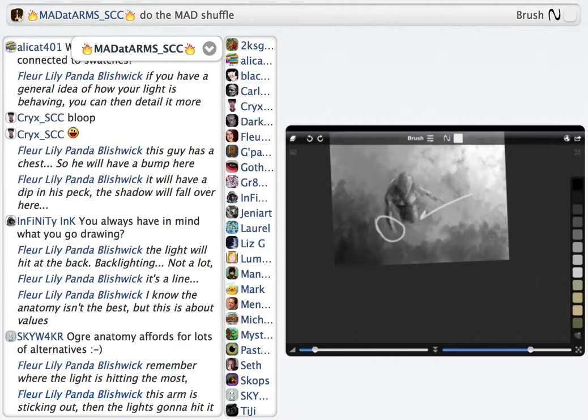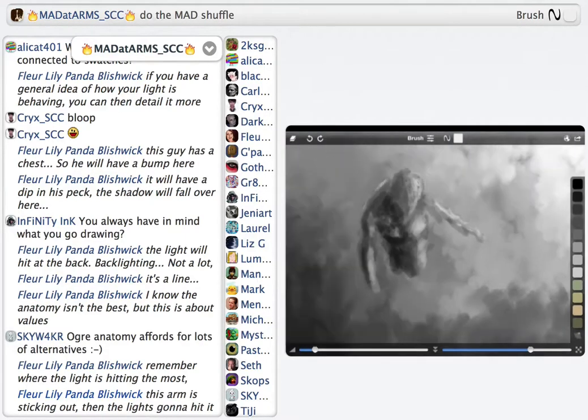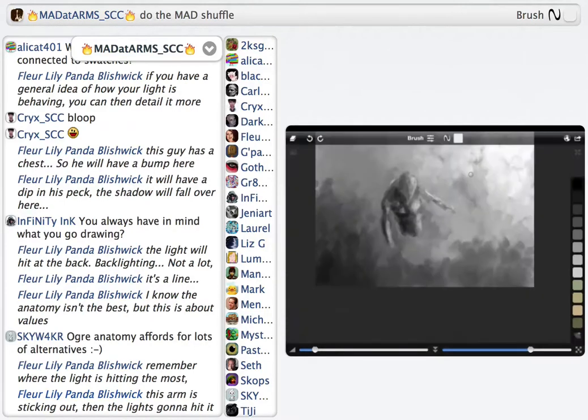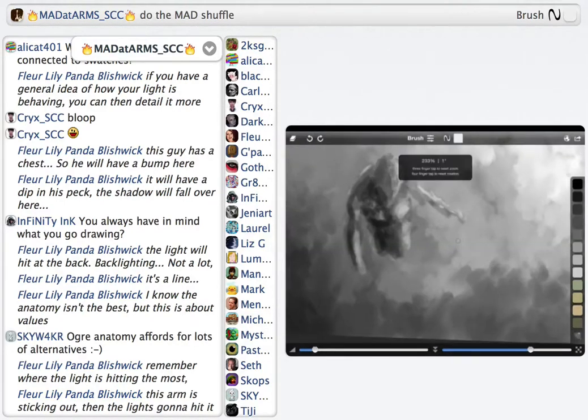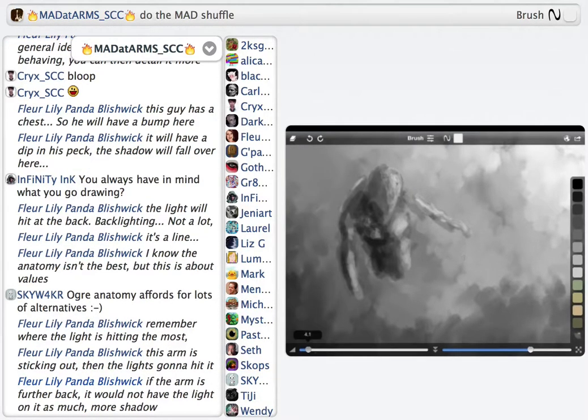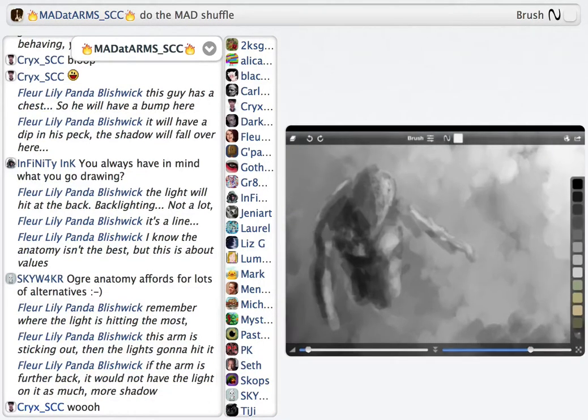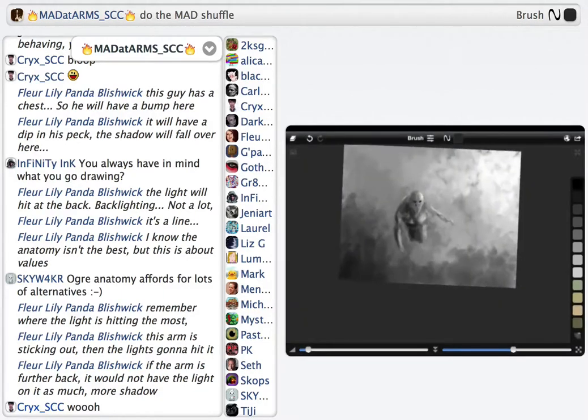Ogre anatomy. Could be ogre anatomy. That's one thing I do like about just going with values, because you can create something that's not human. You can just go kind of crazy with it. You don't have to really stay within the realm of, this is supposed to look like this, and this is supposed to look like this. You can kind of